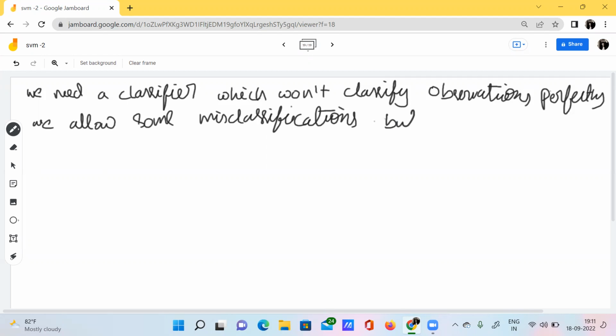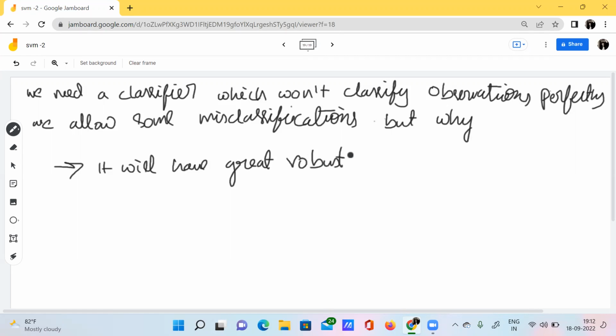But why? Because of two reasons. The first reason is it will have great robustness to individual data points.